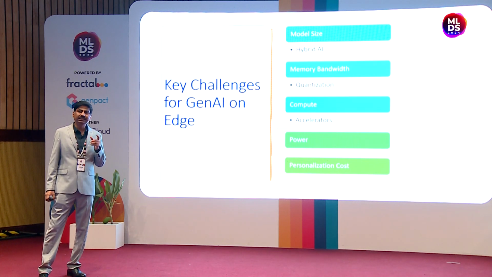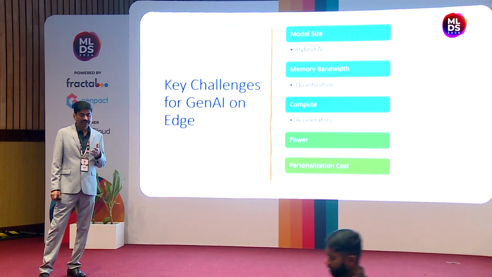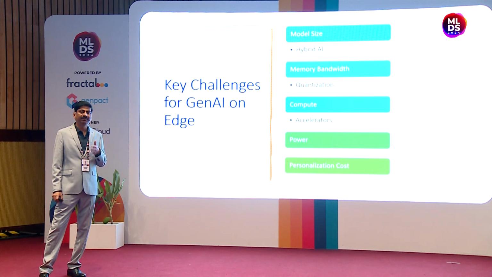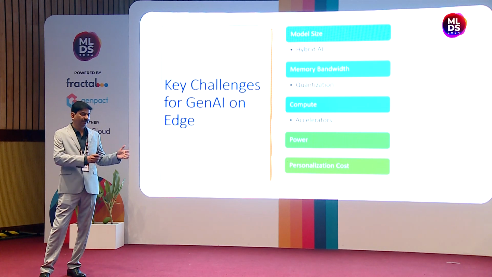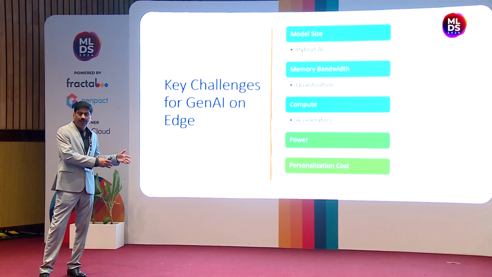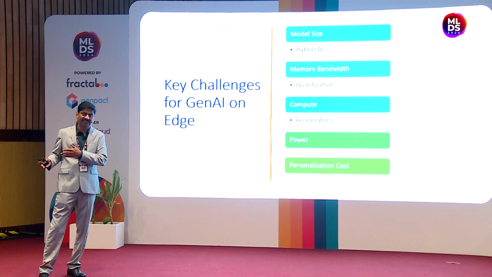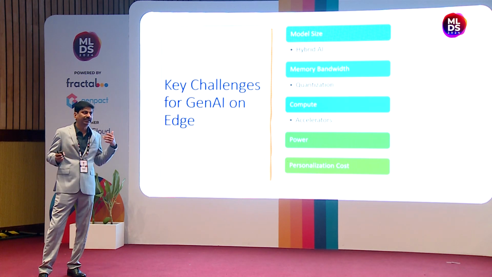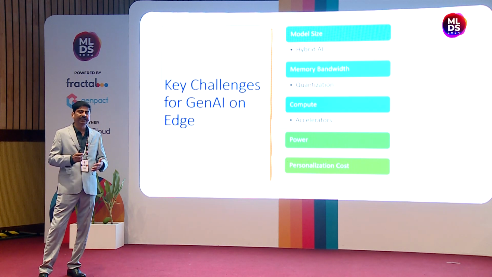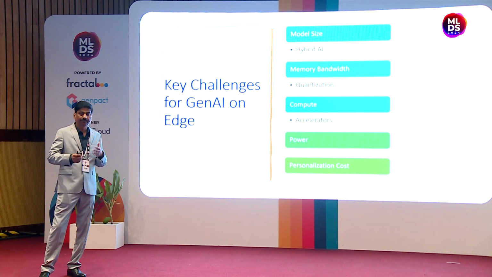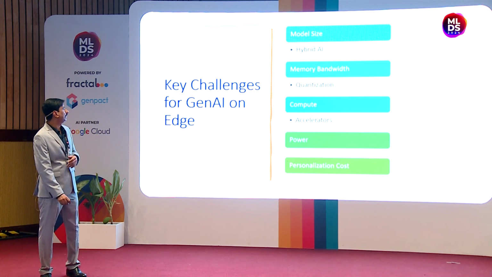So these GenAI networks are a lot more memory bandwidth heavy than compute heavy. It is slow because it takes more time to transfer the data from your hard disk or SSD to the DRAM, and then from the DRAM to the internal caches available in your processor chips. So the memory bandwidth becomes more of a bottleneck compared to even the compute. We don't spend that much time on the compute, but more time on the bandwidth. So how do we solve those memory bandwidth problems?